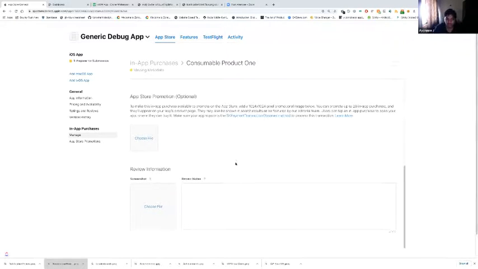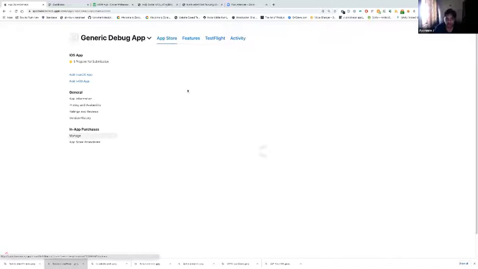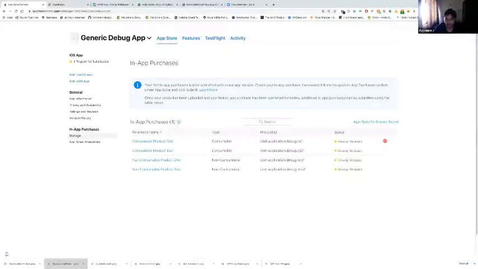Once you complete these details, you're done with the in-app product purchase, and this particular product ID is the one that you will be referring to in your code. So once you're done with this setup, you need to make a note of these product IDs, and from your code you need to fetch the details of this product ID. When you're trying to fetch the product details, you need to use this ID. So this is the reference for getting the details.